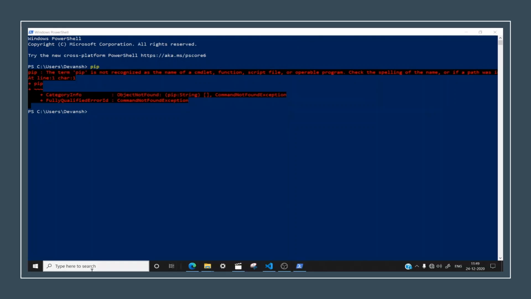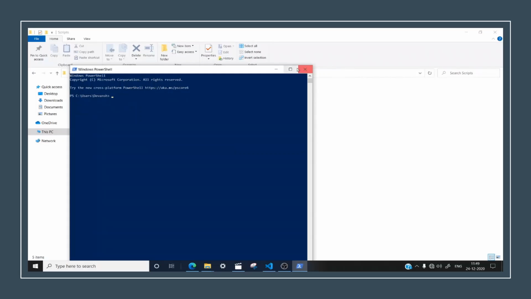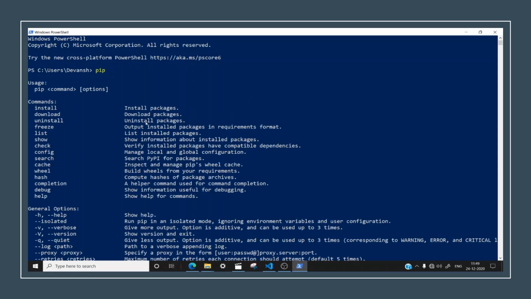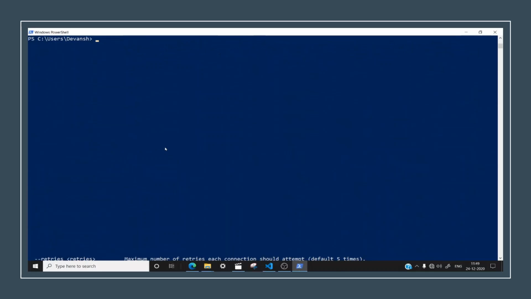Now I think we need to open up a new PowerShell window here, because this window was outdated. Outdated means we have updated some setting, but this window was present before, right? So it's not PowerShell, sorry, it's pip. And here you can see the whole thing is here now. So now let's try.